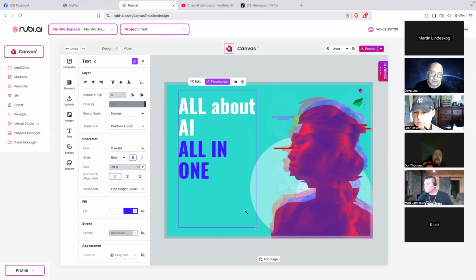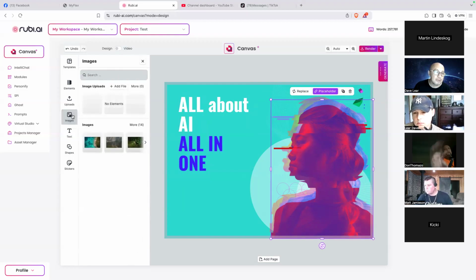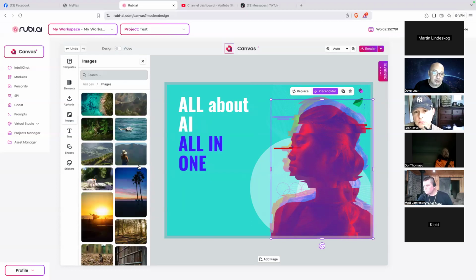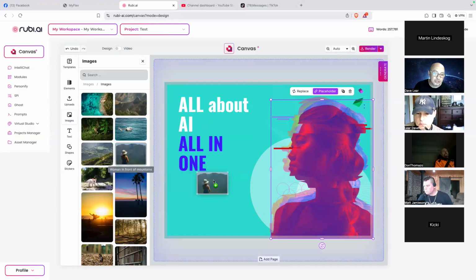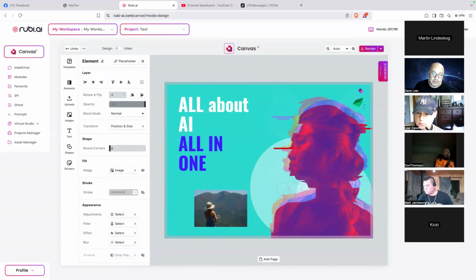Everything here is adjustable, so it's very much like Canva. You can even change the images if you want. For example, you can upload your own image, but there are also images here you can add. All you have to do is drag and drop. So it's very easy to create.